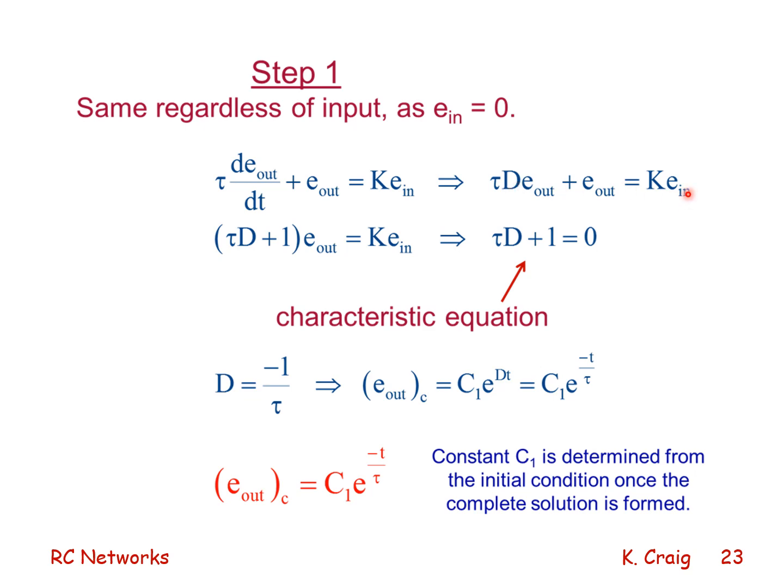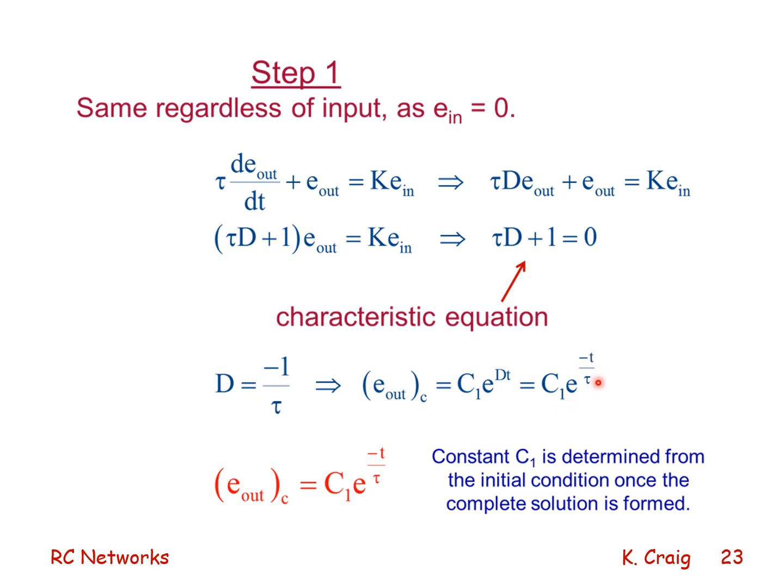We let E in be 0, and so the equation that results is tau D plus 1 equals 0. This is called the characteristic equation of this differential equation. We solve for D. The complementary solution is equal to some constant times e to the D times time. So E out complementary is some constant C1, which we will get from the complete solution using the initial condition,